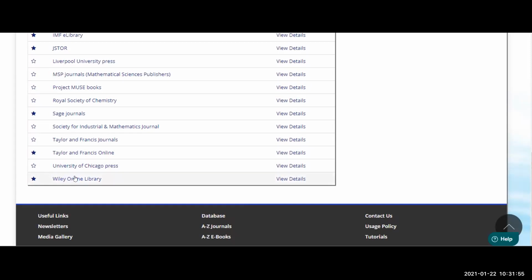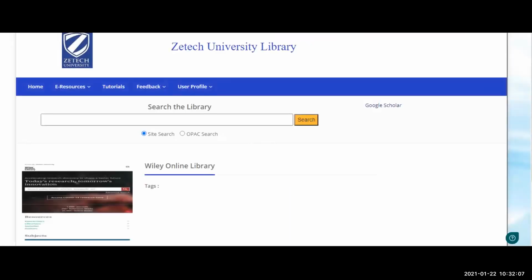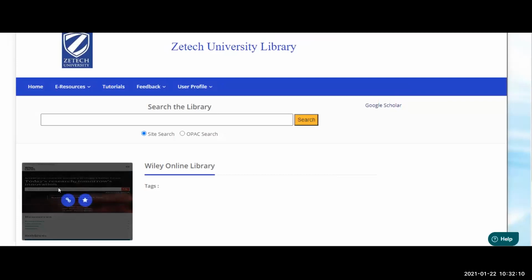So I want to open Wiley Online Library. I come here to view details, and it will open in a new page. If you view, you can see at this end two dots. This is about the Wiley Online Library. You must click on these two dots so that you're able to open the Wiley Online Library database. If you click on the star, it will not open the database. So you must click on these two dots so that it opens in a new page and you can see